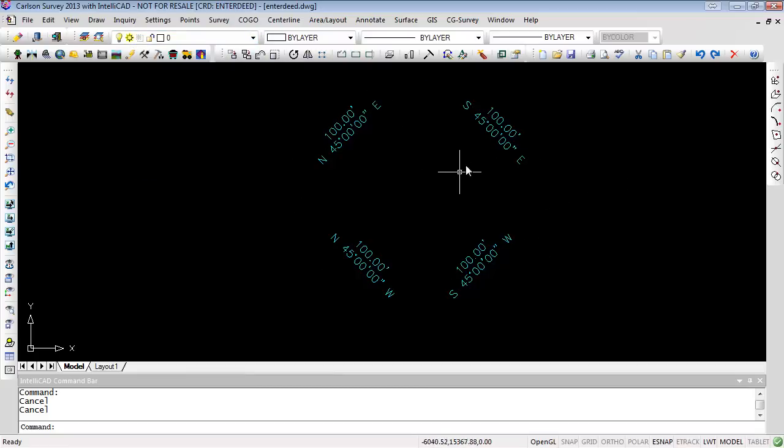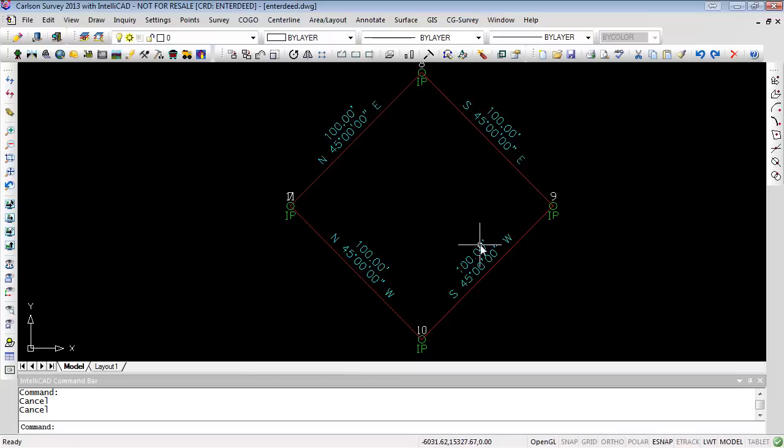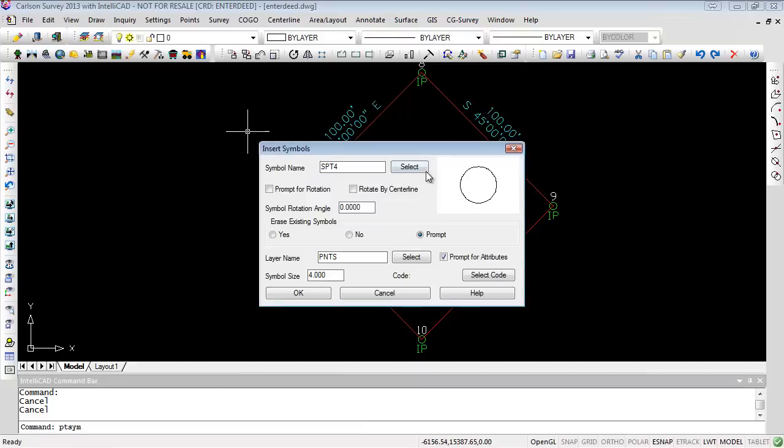But those symbols are really part of the point group and not really the symbol that you probably want. What you probably want, and this is another question you had, so I'll answer it, is how do I put a different symbol in here? And you just do draw symbols, insert symbols, and then you can pick your different symbol. You can prompt for rotation if it's something square or something that needs rotated, and you can do erase the existing symbol, and in this case I'd want to say yes, and then I can say the layer for the symbols could be